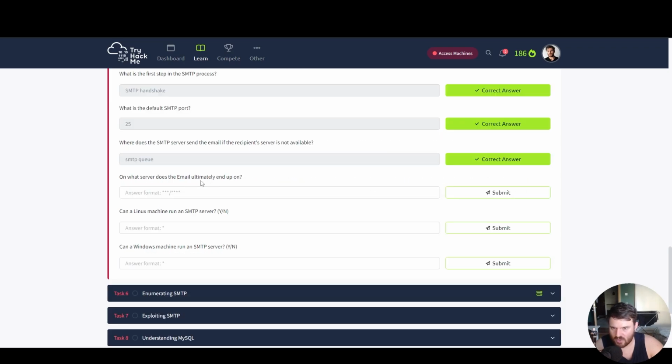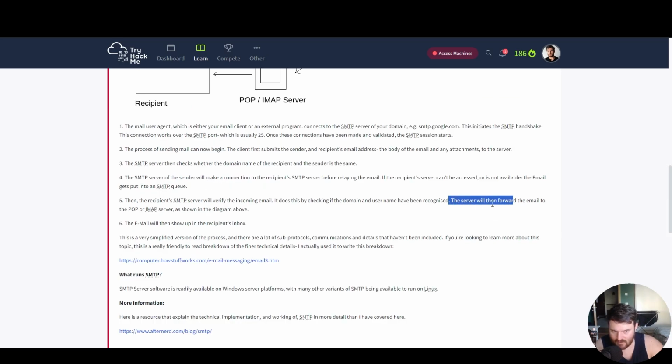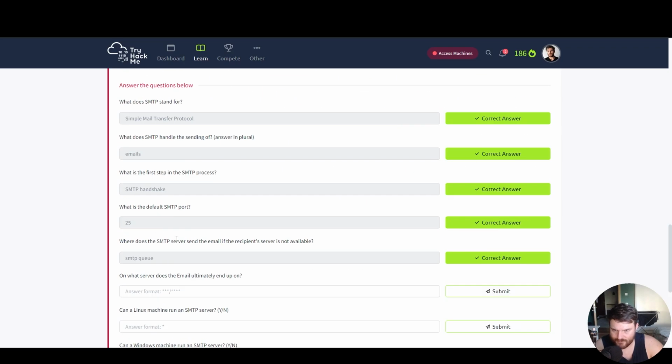On what server does the email ultimately end up? After we have the checking and the user is recognized, the server will then forward the emails to POP/IMAP. So it's POP or